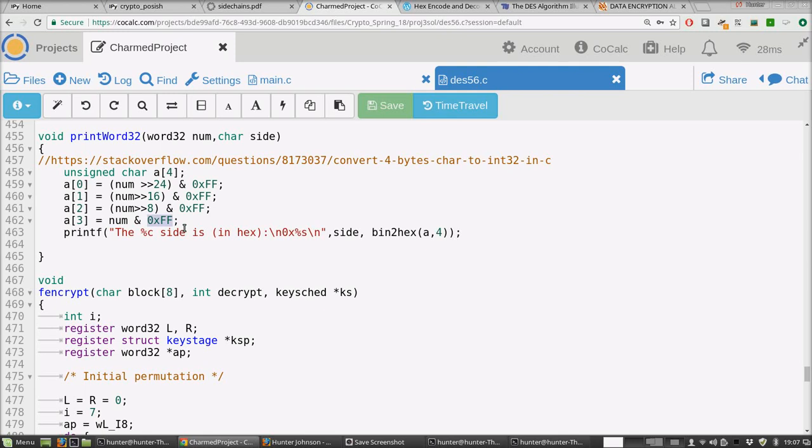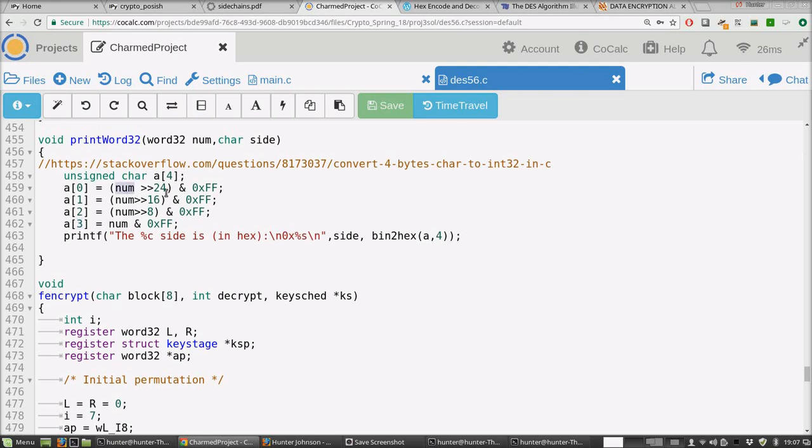It's all ones for 1 byte, so that's just 8 ones. So that will zero out everything except for the least significant byte of this information. And so the least significant stuff will go on the right, which we're thinking of as being in the third slot in this case. And that's what all of these are doing,